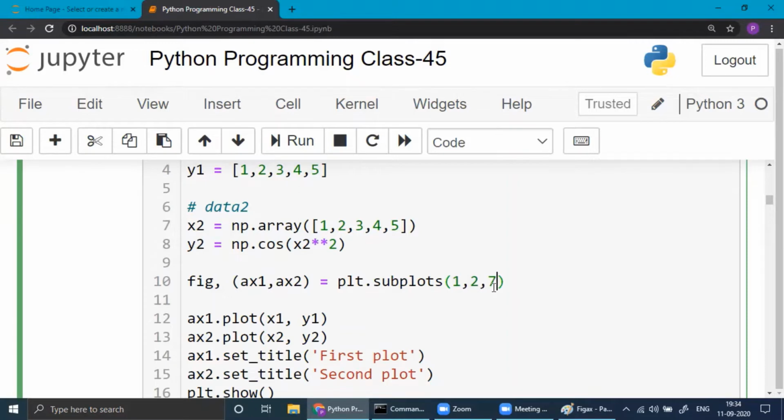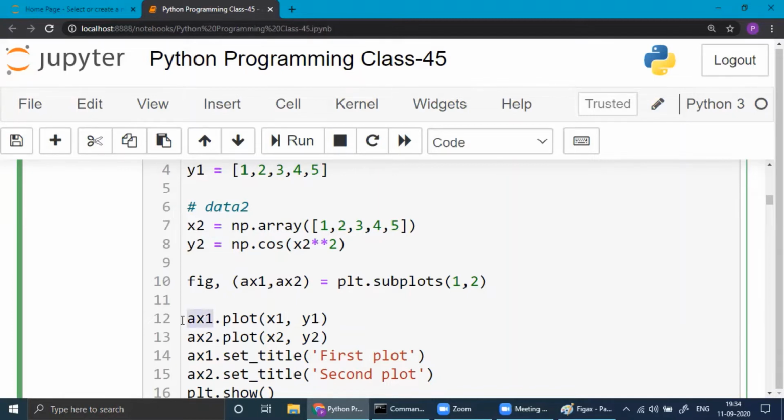You don't have something like this, unlike subplot. In subplots, you will have only two. You can have another one for a different reason. Suppose you want to give color or something like that, but we are not doing that. Just number of rows, number of columns. No counting 2 cross 2 or 3 cross 3 like subplot. Here in subplots, you have to write number of rows, number of columns, that's all. If you have two graphs, you have to write two here. If you write only one, then you have to do something else. We'll go to that later.